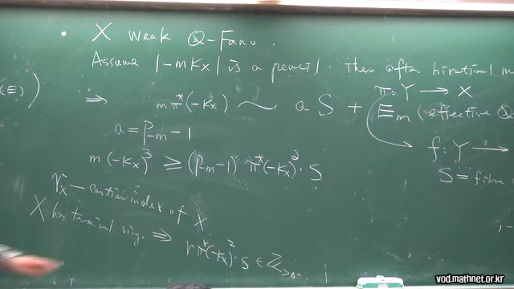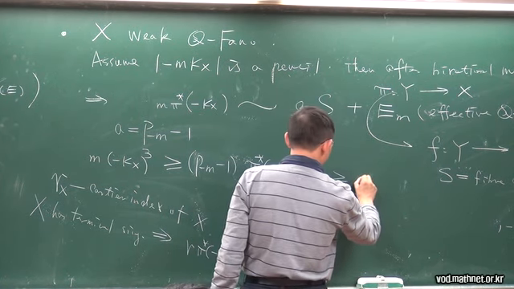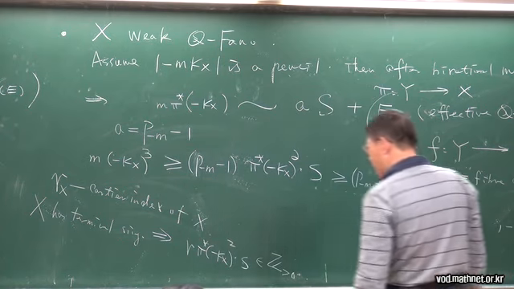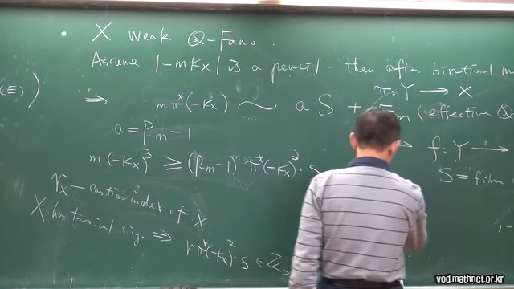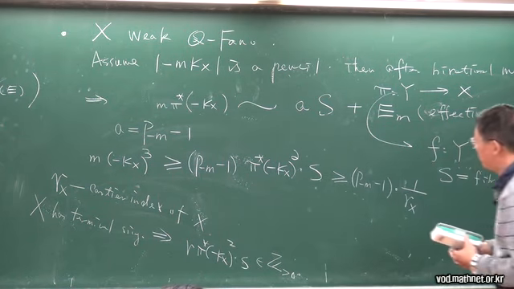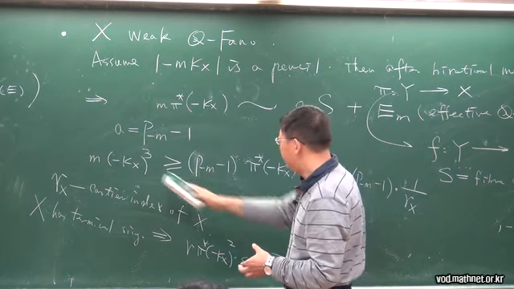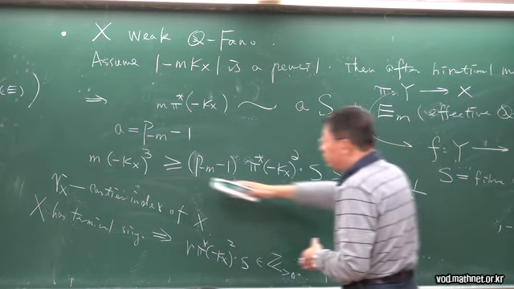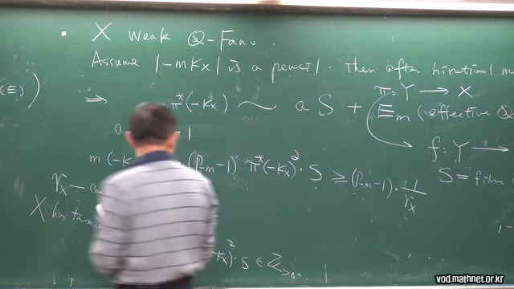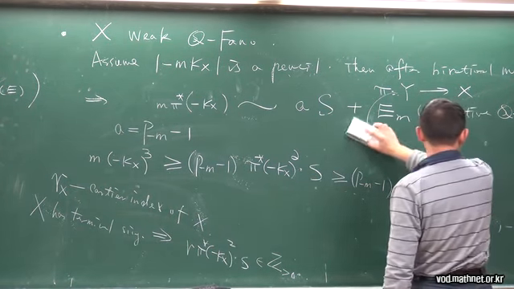Okay, so therefore this is larger than or equal to P minus M minus 1 and 1 over Rx. Okay, so we have this. Suppose this is a pencil, then there should be this inequality, and then you see that we can get